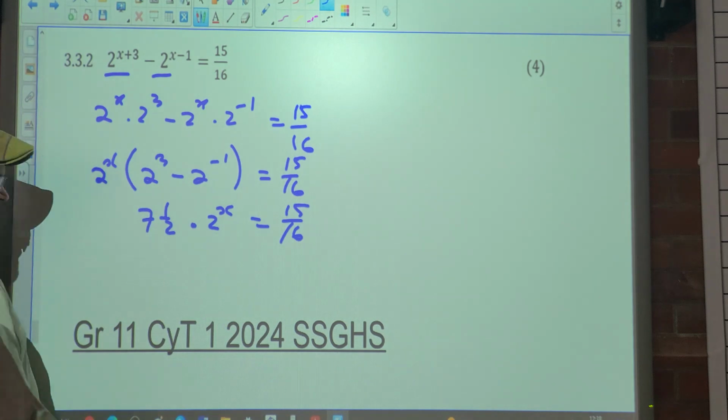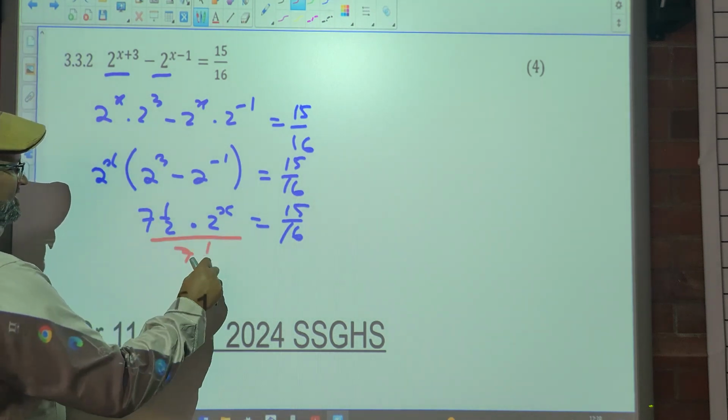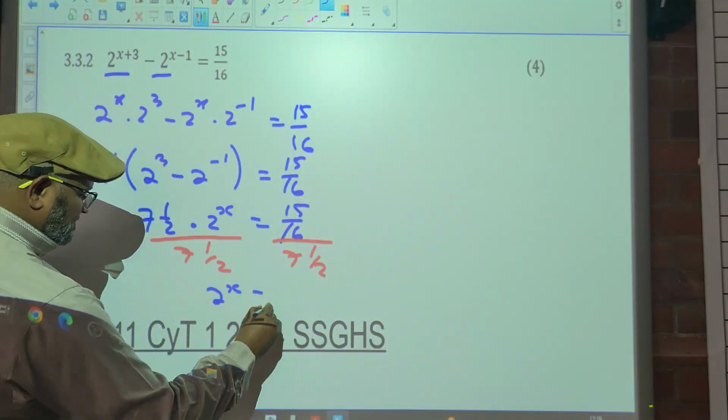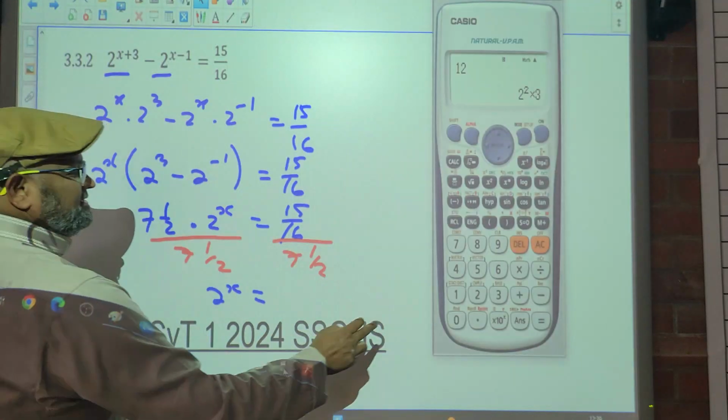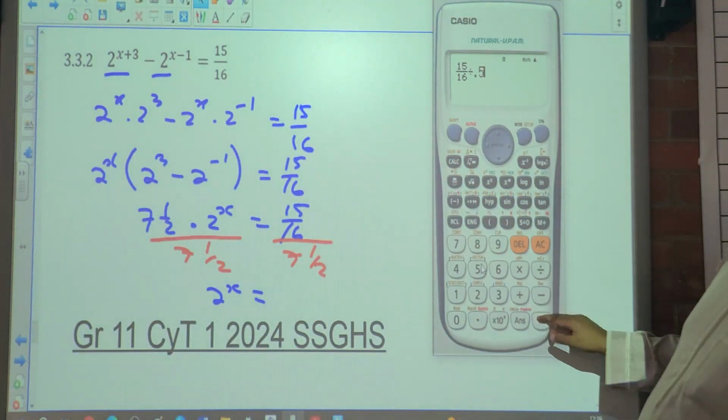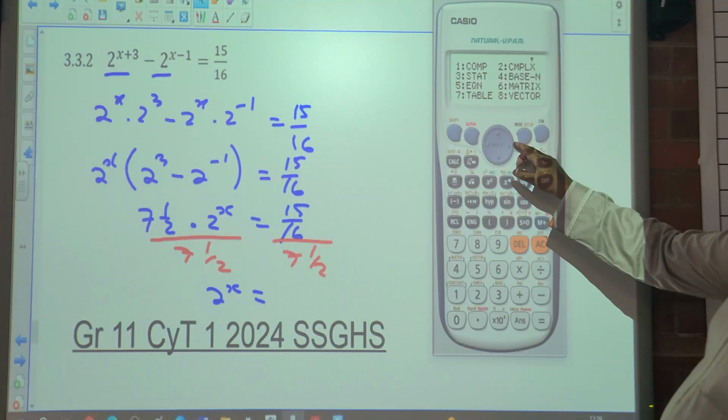How do we get 2 to the x on its own? Divide by 7 and a half on both sides. Alright, so 2 to the x is equal to, and of course we have to use the calculator, 15 over 16 divided by 7 and a half, which gives me an answer of